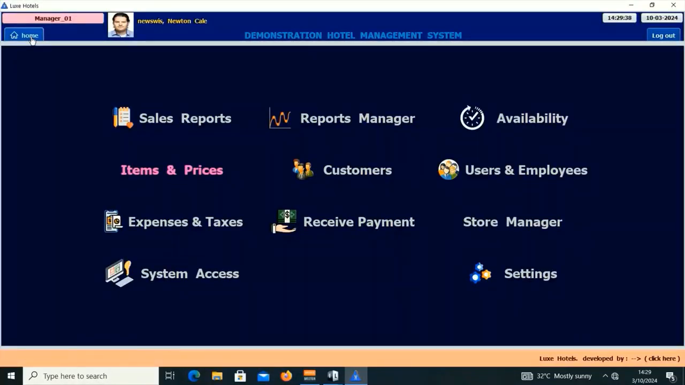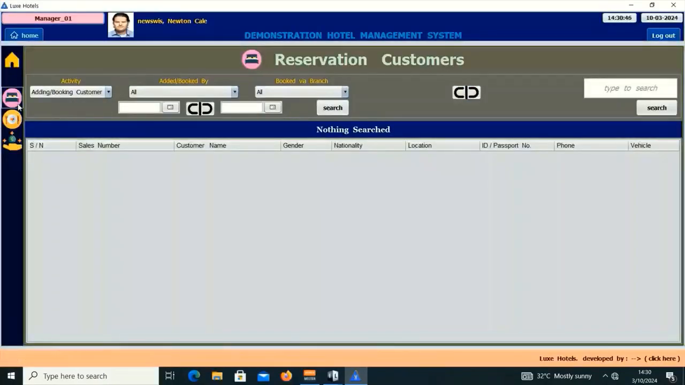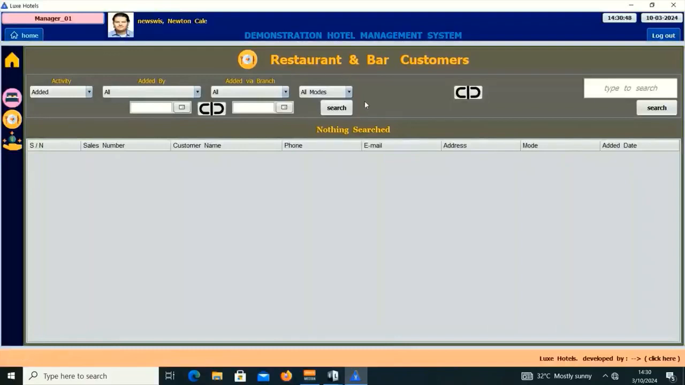I'll go ahead to the customers feature within this home menu. Now when I click this customers feature, there is this interface. This feature enables the managers to easily view customers within respective departments. The managers may come right here for the reservation customers, or they may come right here for restaurant